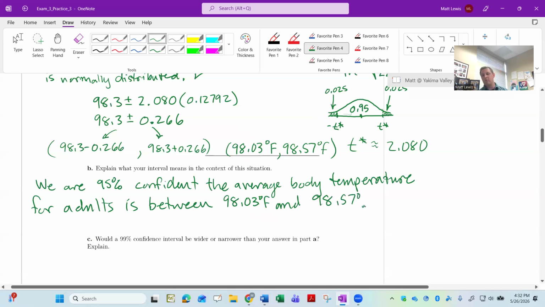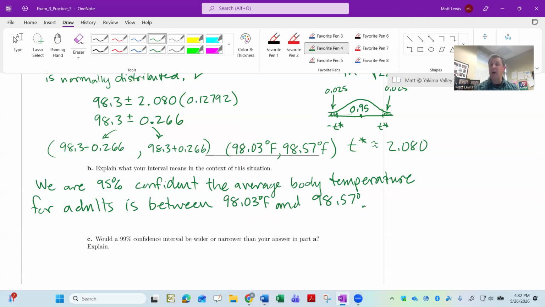Notice that my interval, I'm interpreting it as I'm estimating what the population